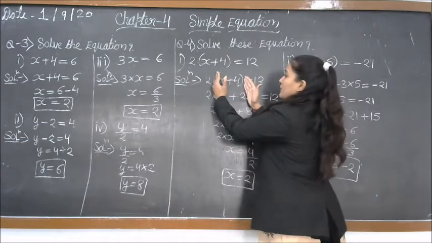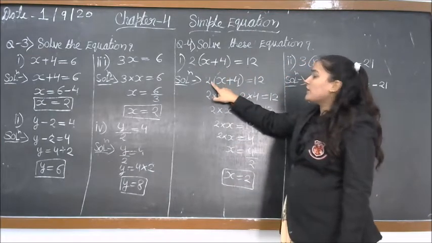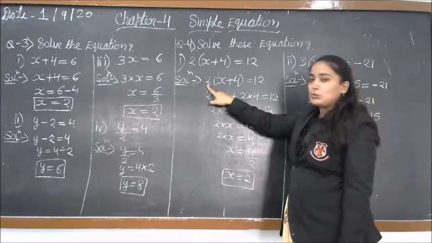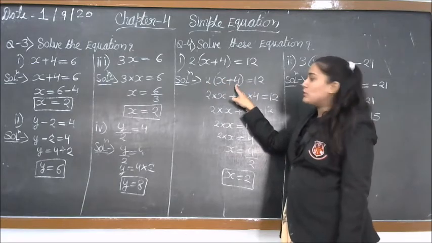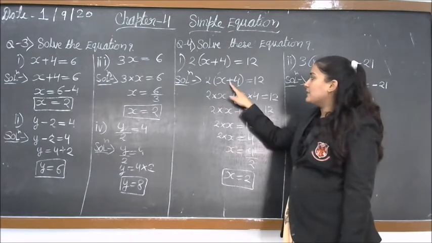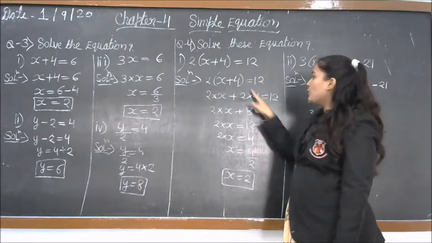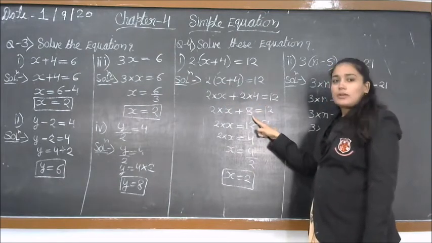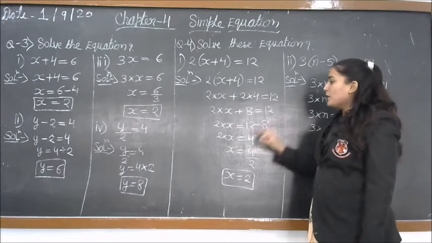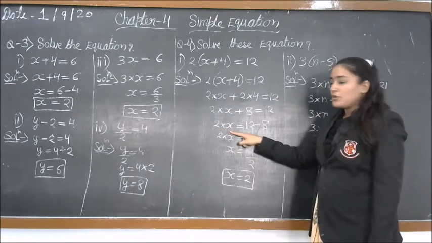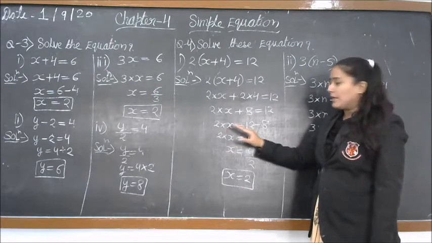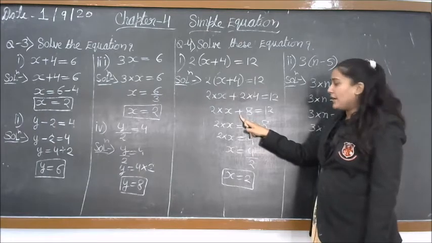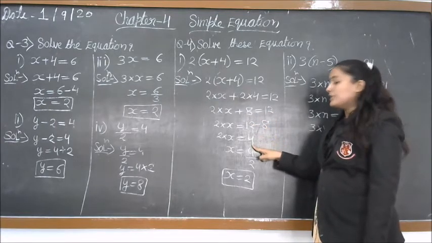So, 2 times (x plus 4) equal to 12. This is one term, this is a different term. If there is no sign, then it becomes multiplication. So, we have to multiply this 2 with x and also with 4. So, 2 multiply x, then plus 2 into 4, then 12. 2 into x as it is, 2 into 4, 8, equal to 12. Now, it is the combination of variable and constant. We have to put it as it is. The single constant changes sign because it is in addition. So, 12 minus 8 is 4.